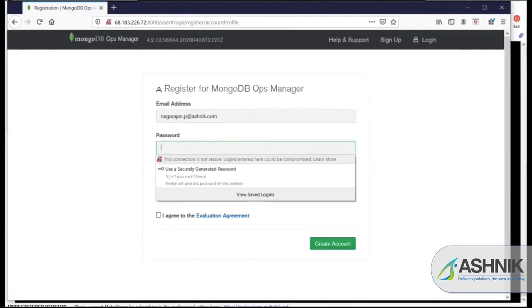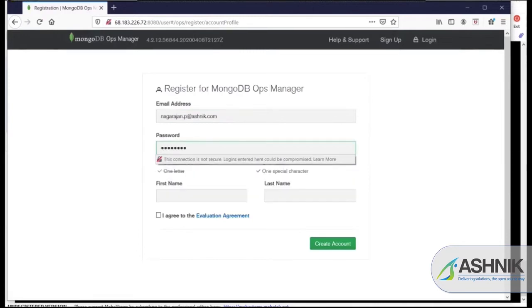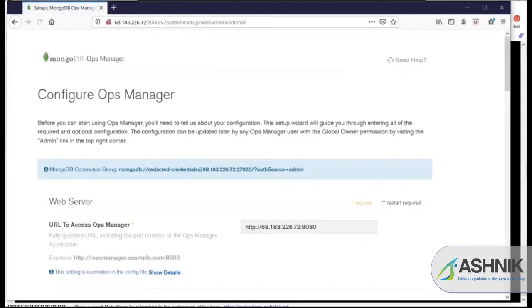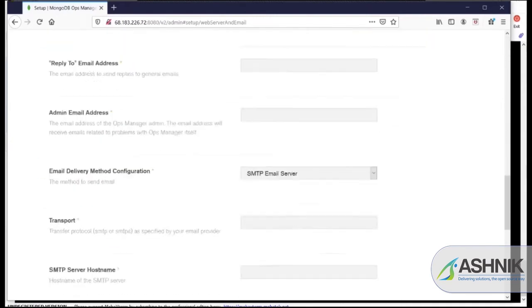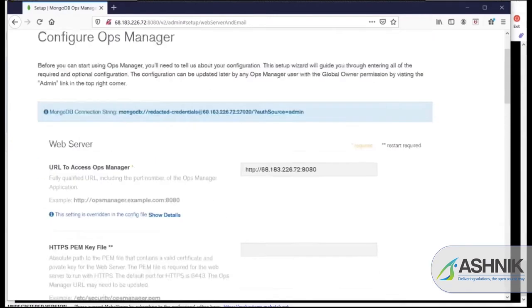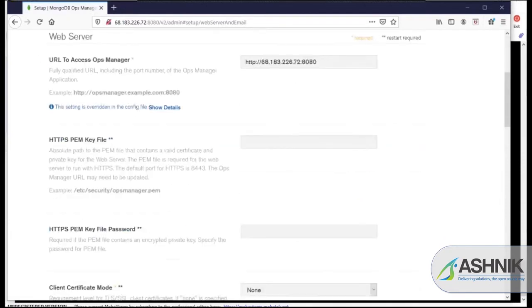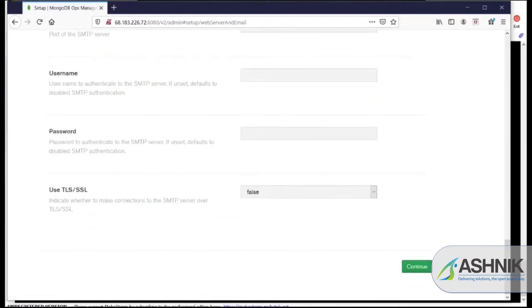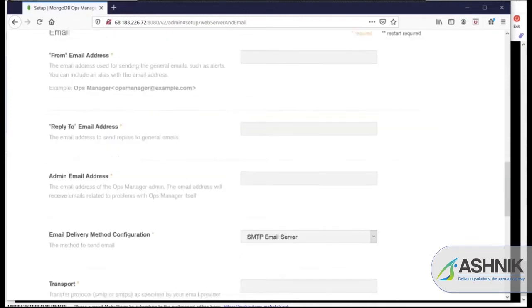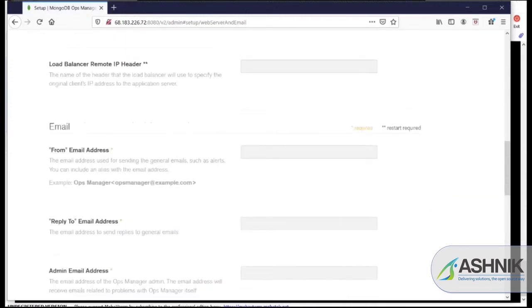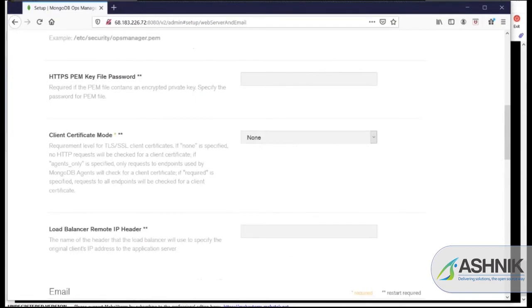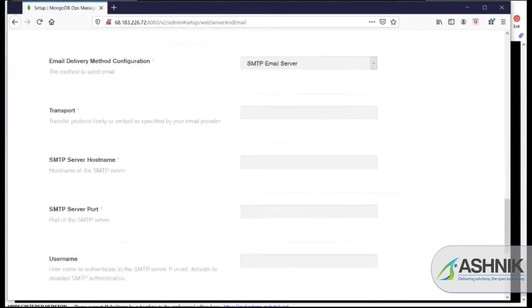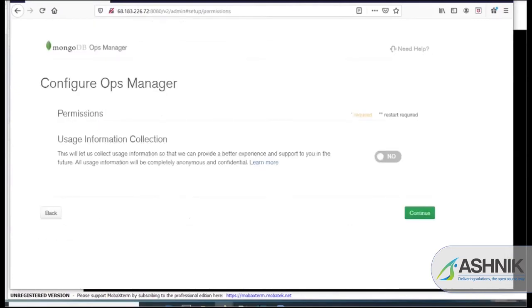So this is going to be your super user for your Ops Manager application. Later you can add as many users as you want. So we have created the basic configurations, you can explore later. For the time being, I am just ignoring. This is the page where you give your email address and everything for your alerting configuration. You can configure it later also. So the rest you can ignore for now.